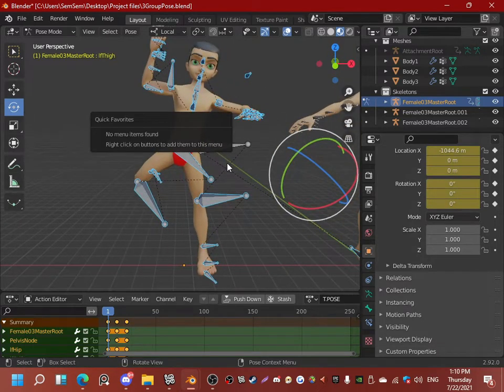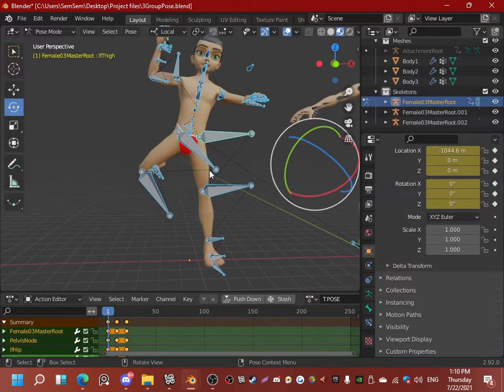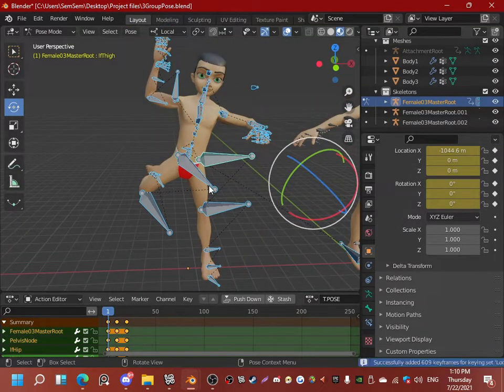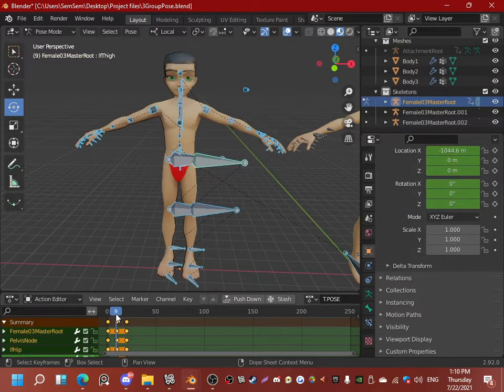So we press A to select everything, and it has to turn all blue like that. And we go ahead and click I. Click I. And you have to make sure it says successfully added 609 keyframes for KeyingSet LocRot. So it has to say that. So always make sure to click I after you click A to select all the skeleton, and that's basically it. You're saving the pose in the folder. So you're saving it in keyframe 1, and we need to save it in keyframe